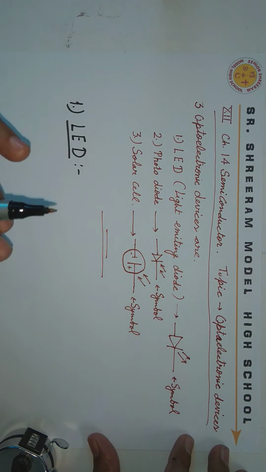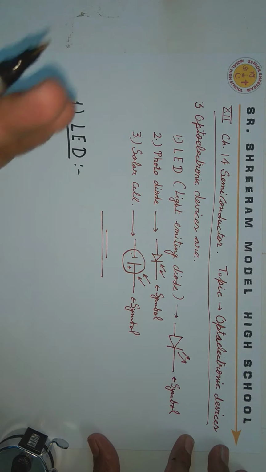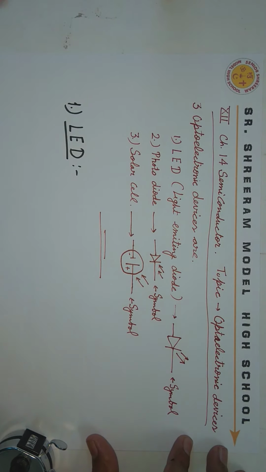You cannot see any sunlight there, but 2 wires from the photodiode are connected, and at your basement they are connected to a microammeter. Okay, you can see the reading of the microammeter. If the microammeter shows some good reading, maybe 3 microampere or 4 microampere, that means the sun is shining brightly. And if the microammeter shows 0.5 microampere or maybe null deflection, that means it's dark on the roof. Okay, so photodiode is a light sensor.